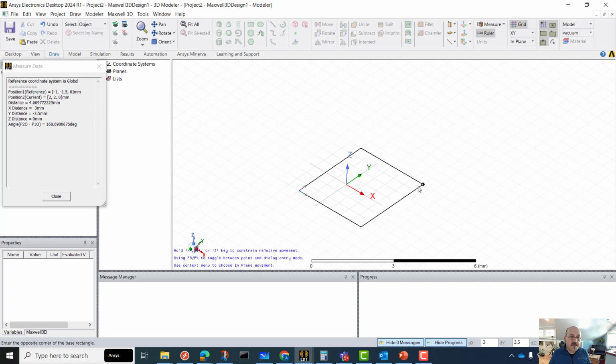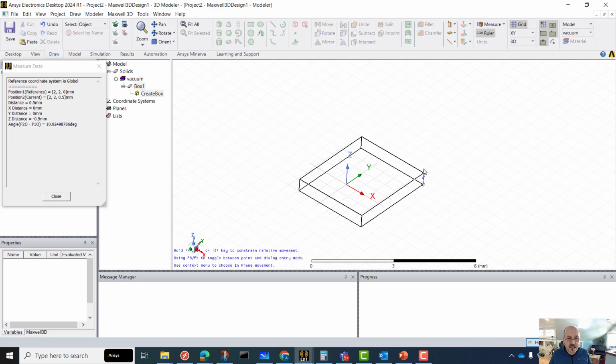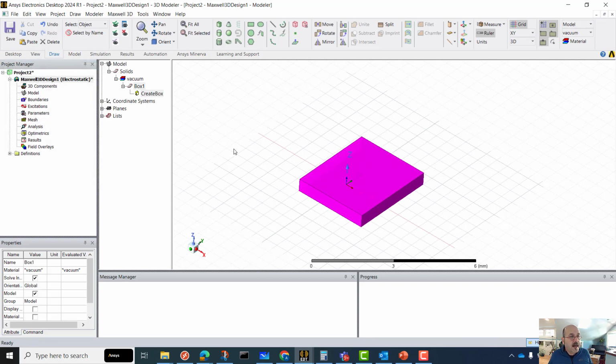Now I want this point to reside in the positive XY space. So that might be close, or good enough at least. And now the final thing it's asking me is to enter the height. And notice if I just raise it up, it looks like it's trying to snap to about that grid. Don't worry about the specifics at the moment, because as soon as I left click one more time, I now